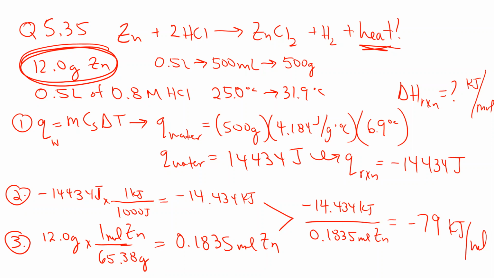Because they gave us the volume of the water as 0.5 liters, we have one significant figure in our volume that we use to find our mass, which we use to find Q, which we use to find Q of the reaction. So they are looking for the final answer as one significant figure. So we would say -8 e⁴ kilojoules per mole. Excuse my childlike handwriting there, and then